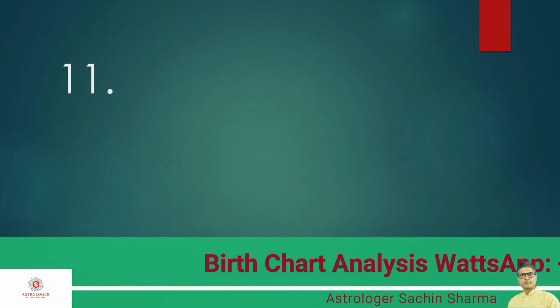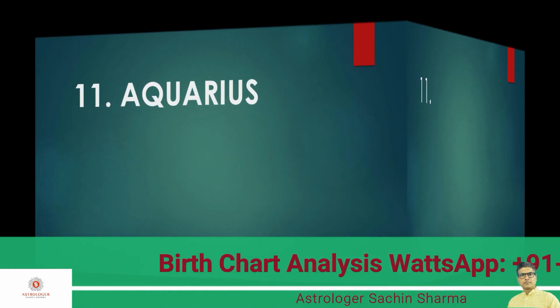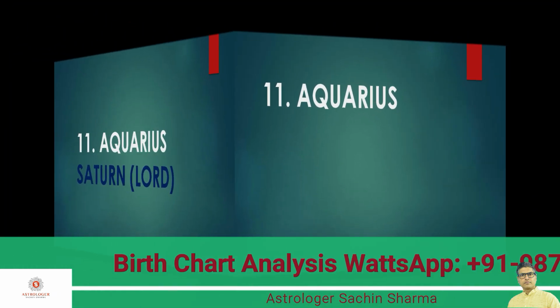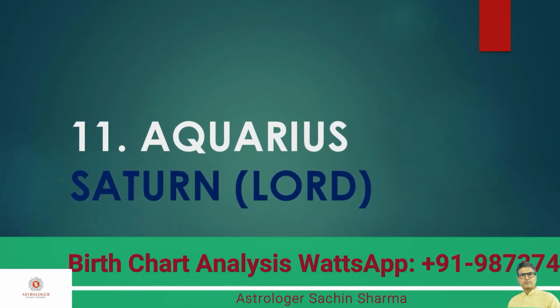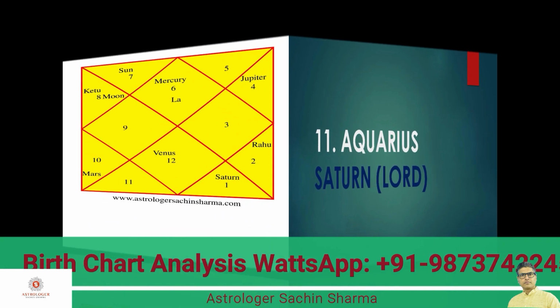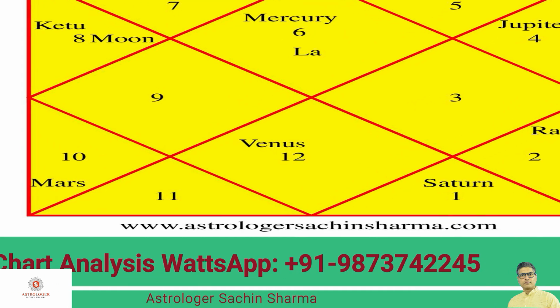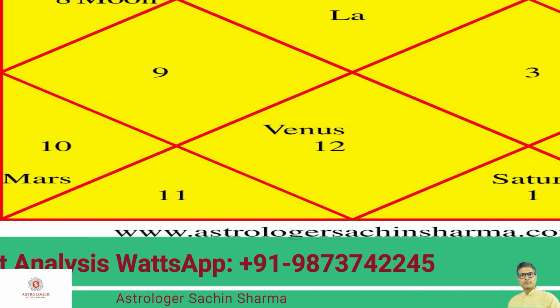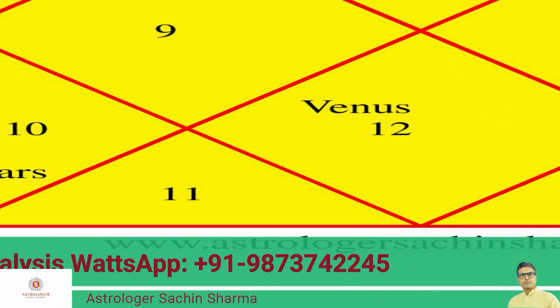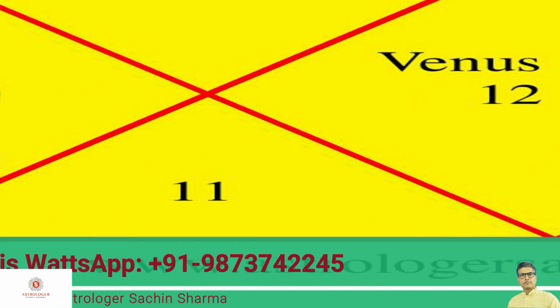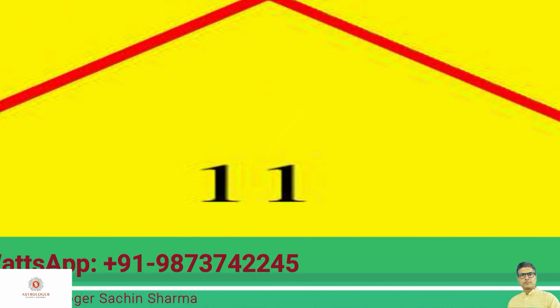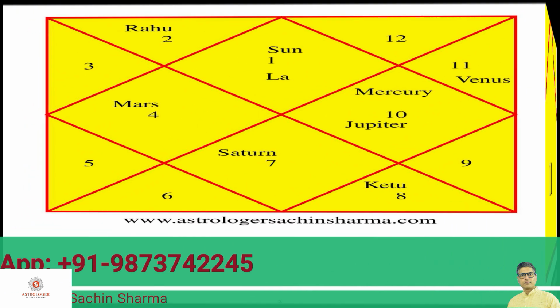If number 11 is written, it represents Aquarius, and the Lord of that house is also Saturn. Let us understand this concept practically in this birth chart. Here number 11 is written in the 6th house of birth chart, and number 11 belongs to Aquarius, and Lord of Aquarius is Saturn. Hence we can say that in this birth chart Lord of 6th house is Saturn. Let us take another example here.